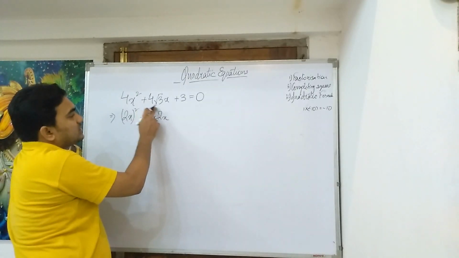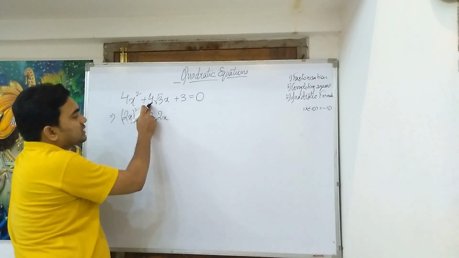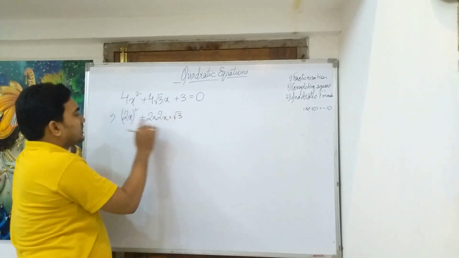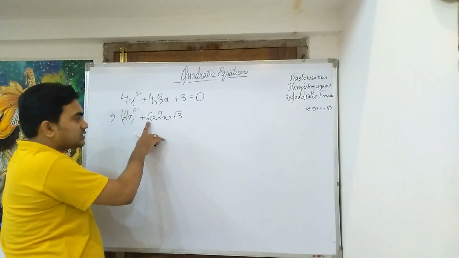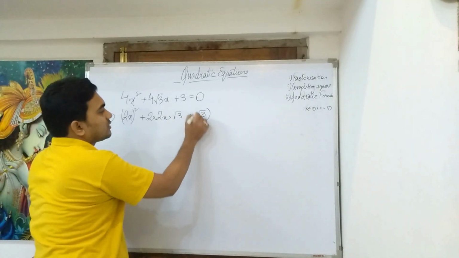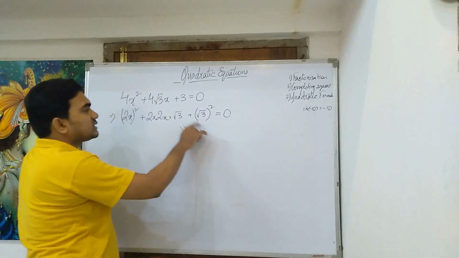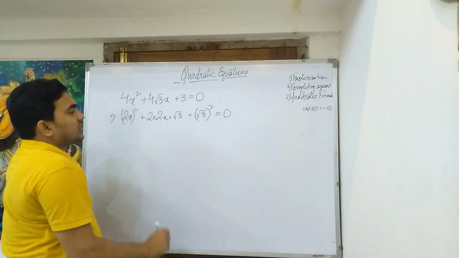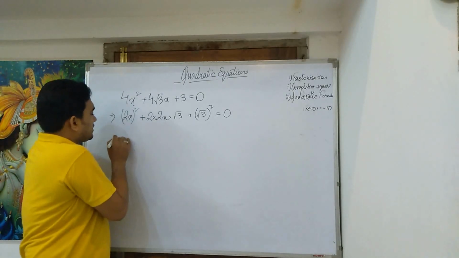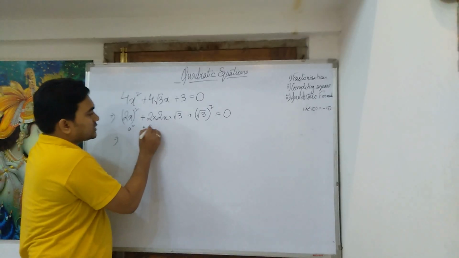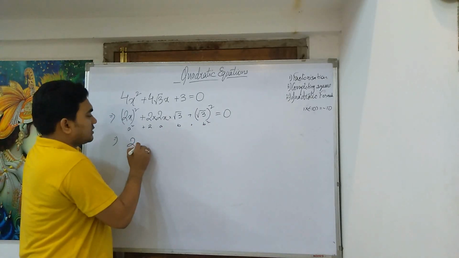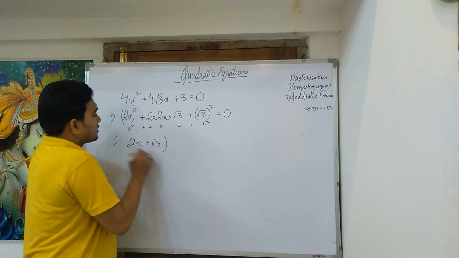Here this term, if I break it, it becomes 4x, so the remaining term is root 3. A square plus 2ab, this is my b, so this should be my b square, and this is present there as 3, root 3 square is 3. So I don't need to adjust anything, I don't need to introduce any new terms. So this has itself become a square plus 2ab plus b square. So I can reduce it into this form.